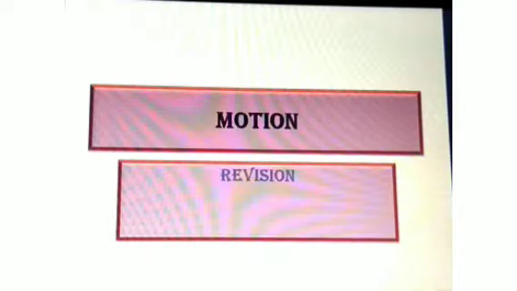In the last section, you got an idea about motion and the physical quantities, like what is displacement, what is distance and all. So today, we can summarize this lesson. We can just revise the important points, equations and question answers of this lesson. Please go through the important points of the lesson.